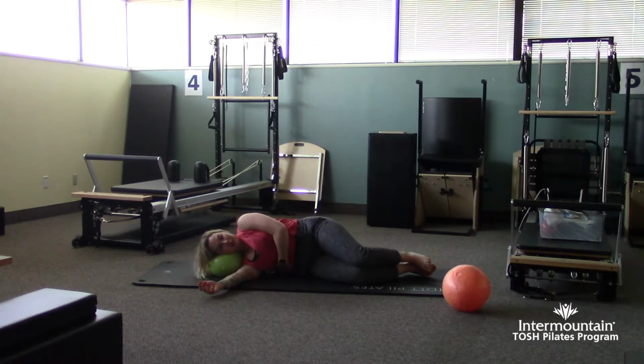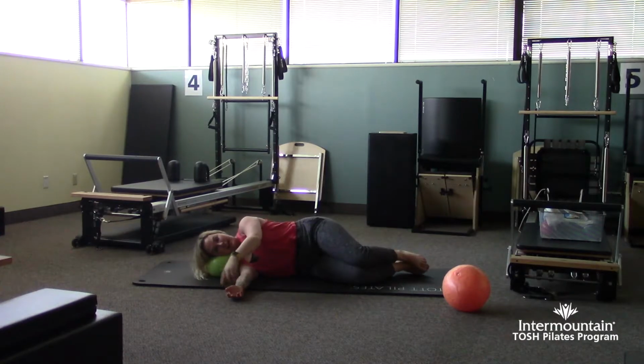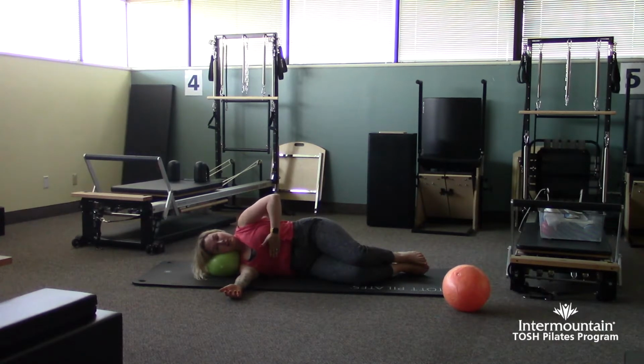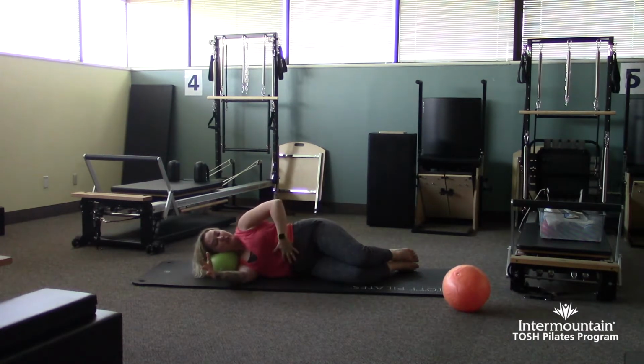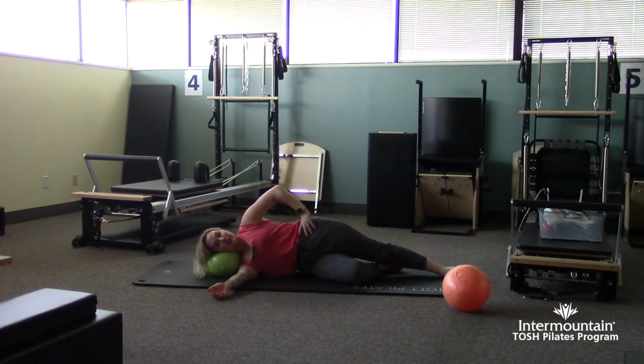So our right rib cage is going to be lifted. I like to have my right arm reaching straight forward. And you're gonna slightly scoop in, meaning you're just not letting your booty pop out. So imagining you're extending over the ball, you're just kind of pulling everything in, so you're keeping that abdominal wall gently engaged and lifted. From here, you'll take that left leg straight out, and we're gonna just start by lifting